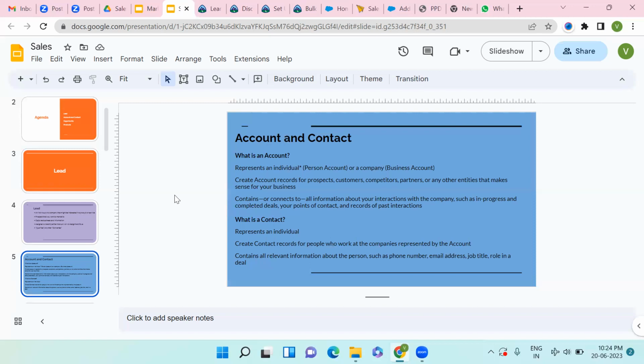So sales is a different cloud, and in your company some people come under the sales profile. What will they do? They will sell your product. So they will handle these objects: account, contact, leads. Admin is there if something goes wrong with the sales profile or different profiles; admin can handle all these queries which occur from the sales or service teams.